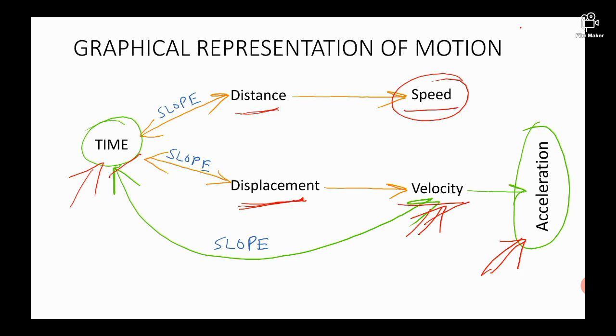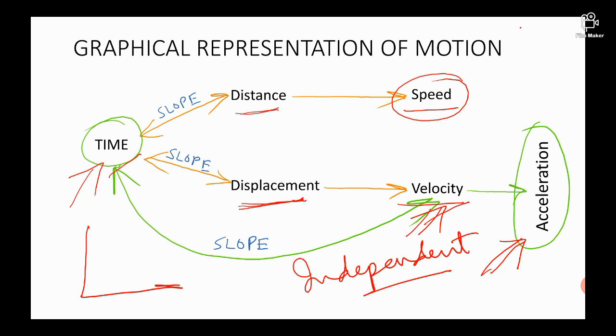I emphasize again to please watch my video on basic concepts of motion, which will definitely help you understand the graphical part. Now we see that these quantities are dependent on time and may change with time, but certainly time cannot be dependent on any of these. Hence time is called the independent parameter. Independent factors are always plotted on the x-axis, the horizontal axis, and the other parameters are plotted on the y-axis.